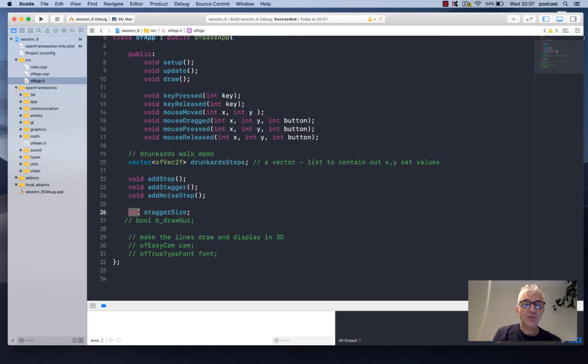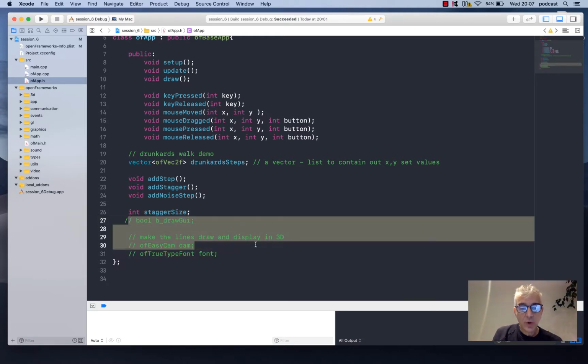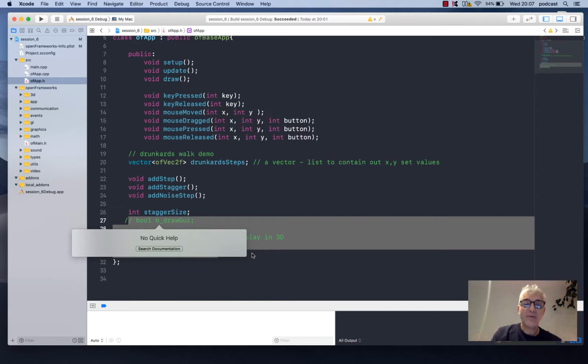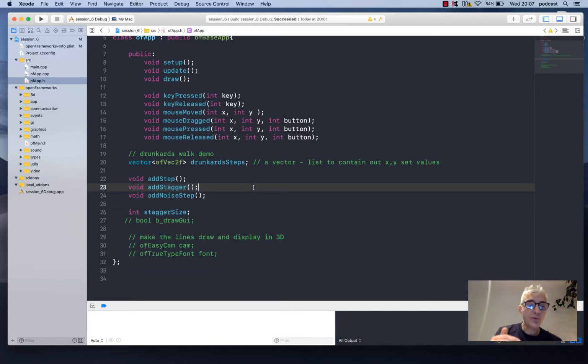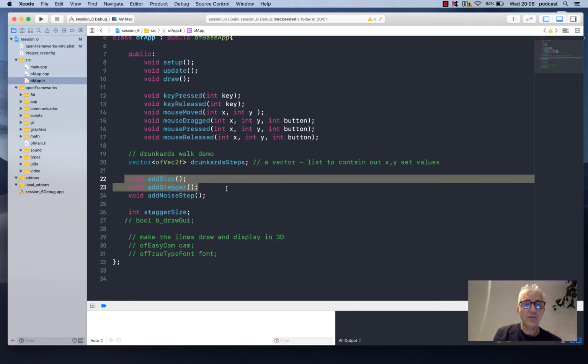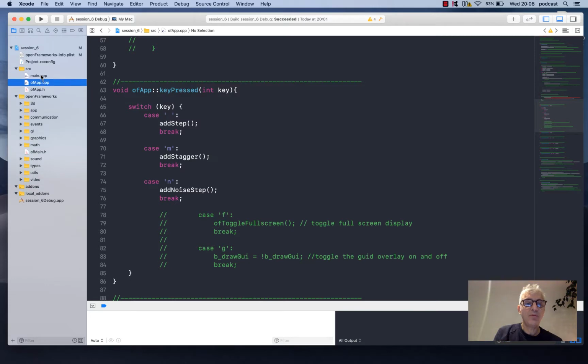And then I'm just going to add in an integer called stagger size. There's a couple of bits I've got commented out down here, which if you have a look at this source code, you can walk through yourself and uncomment them and add things to the complexity of the application that we've got here. But this is just to simplify in our initial setup. So I've made a vector that's going to have points in it, and I've got these 3 new routines defined in the header file. And in the app file,